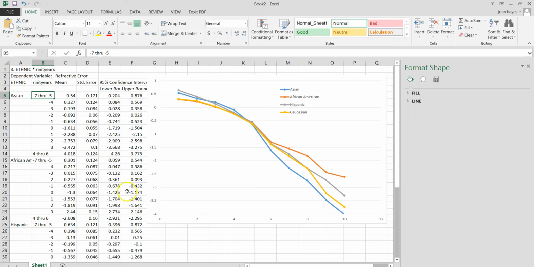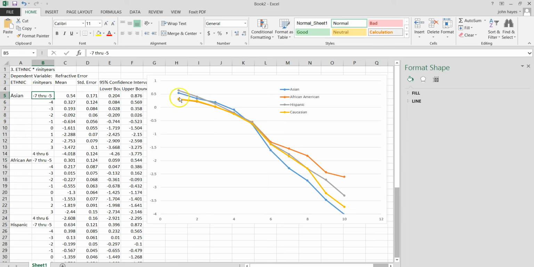I noticed that because we have this text in here, it did not give us our init years as we would like to have them. So we could change this to -5 and that to 4 in each of these, and then we'd get a scale that is meaningful to us. But for right now, our main question is, are these lines parallel? I think the answer is no. Those lines do not look all that parallel, and that's why the interaction was significant, because of the shape. The interaction term would not be significant if all these lines were parallel down here. So that's what interaction means in terms of